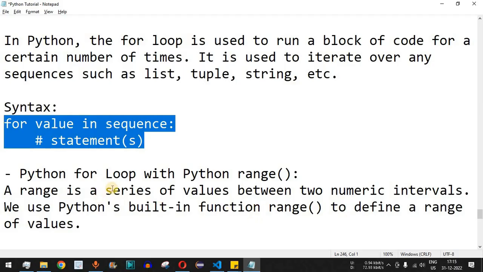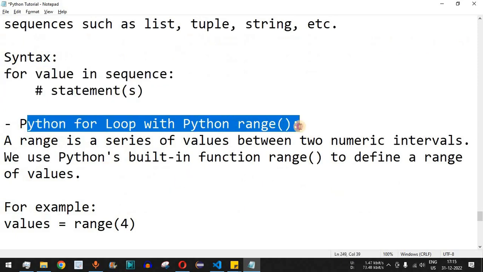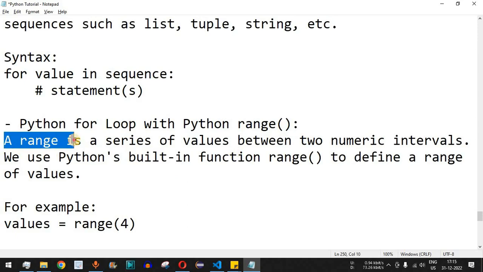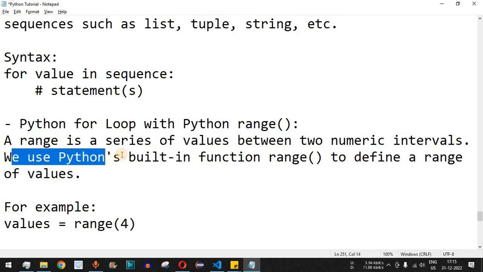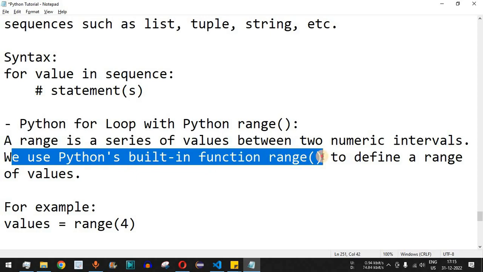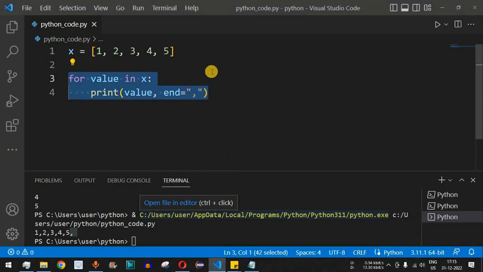Now guys, there is another important thing that you must know. In Python, the for loop with Python range can also be used. So in Python, a range is a series of values between two numeric intervals. We use Python's built-in function, that is range, to define a range of values. So let's say we want to define the top 10 numbers over here. We can simply use the range function instead of defining them one at a time like how we have defined